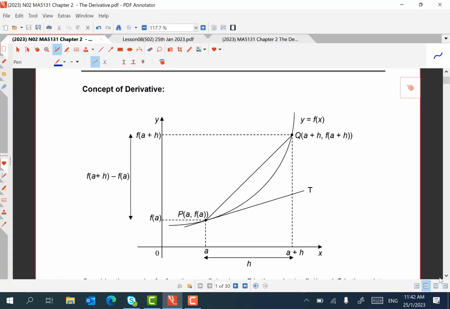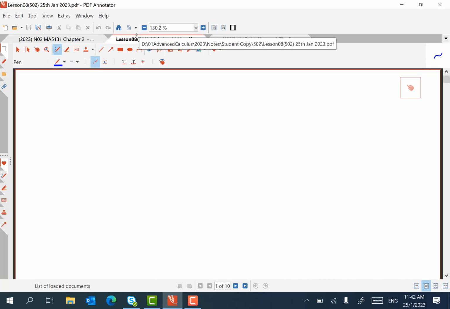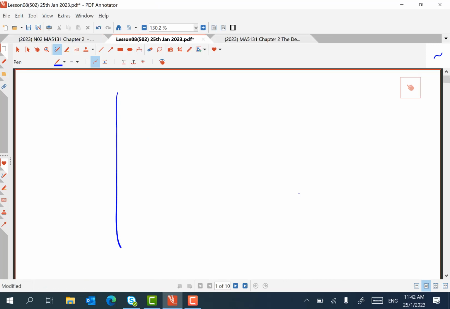Okay, a lot of you have seen this diagram before. This is where the story of differentiation starts. On this page, the idea is to talk about the gradient of a curve at a point. So if I may draw for you the same diagram, but over here, the aim in this discussion is you are interested to find the gradient of a curve, say at a point here,